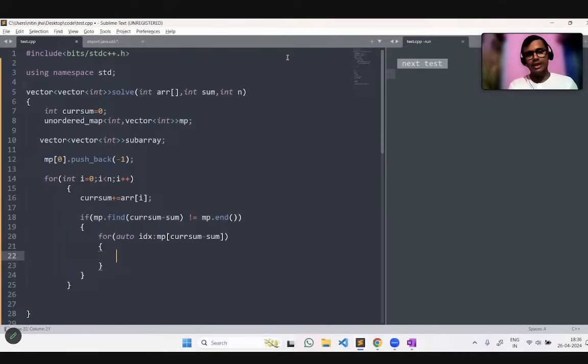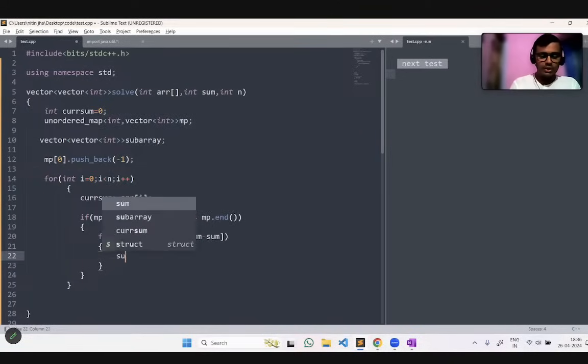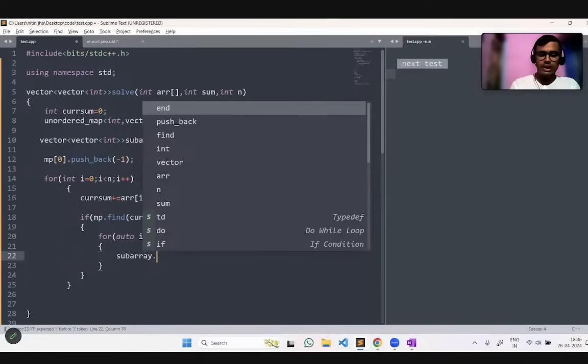We already know the last index, because the last index is nothing but I, because we are currently at the index I. We have to just add that subarray into this subarray, because we have only formed this subarray to get that value. So how we will do that? Simply write subarray, because subarray is the 2D container in which we have to store this newly found subarray.